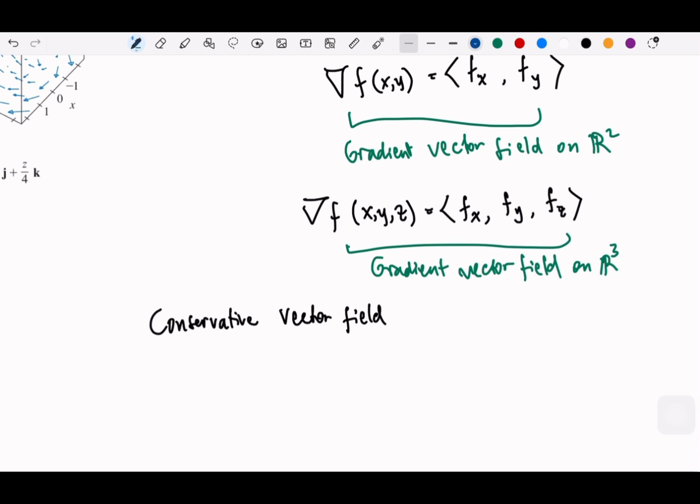This is when it is the gradient of a scalar function. Let's take the conservative, let's name this as a capital F, and the scalar function is the small f. Okay. So if it is the gradient of scalar function f,